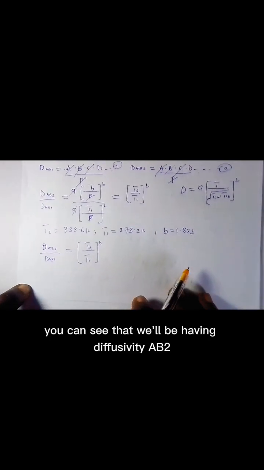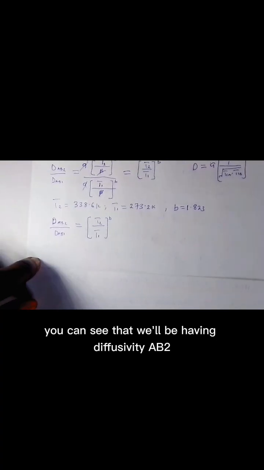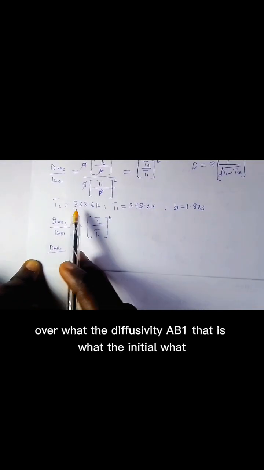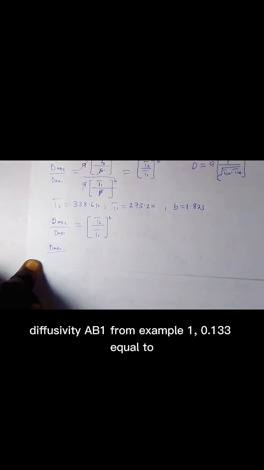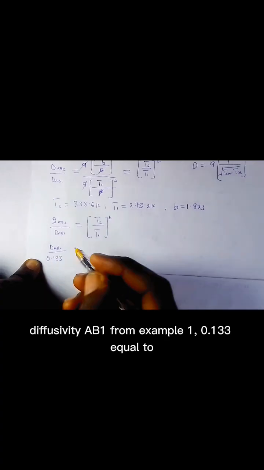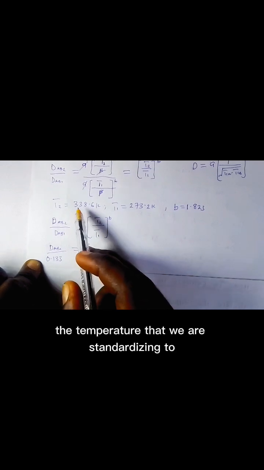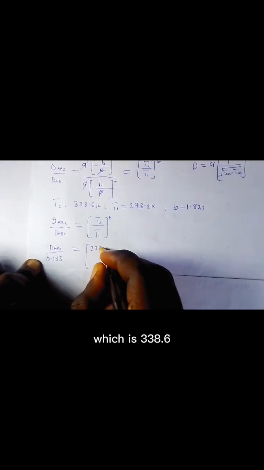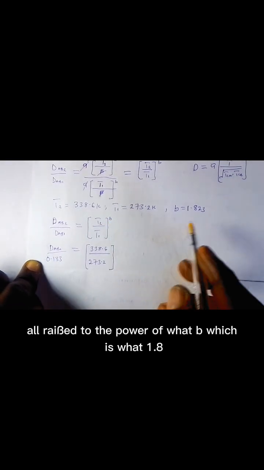So substituting the values in, we have diffusivity AB2, which is what we are looking for, over diffusivity AB1, the initial diffusivity from example 1, 0.133, equal to T2, the temperature we are standardizing to, 338.6, divided by T1, the initial temperature, 273.2, all raised to the power of B, which is